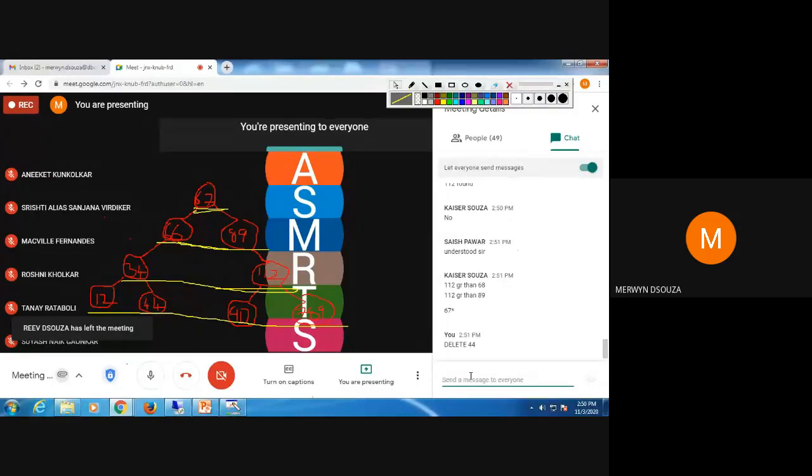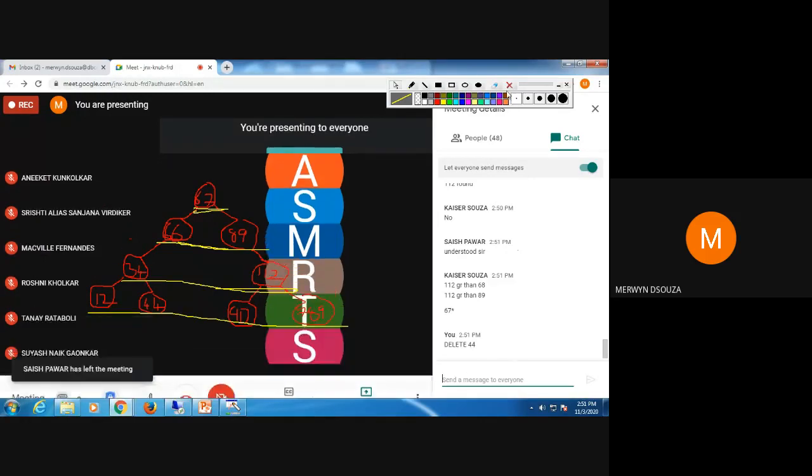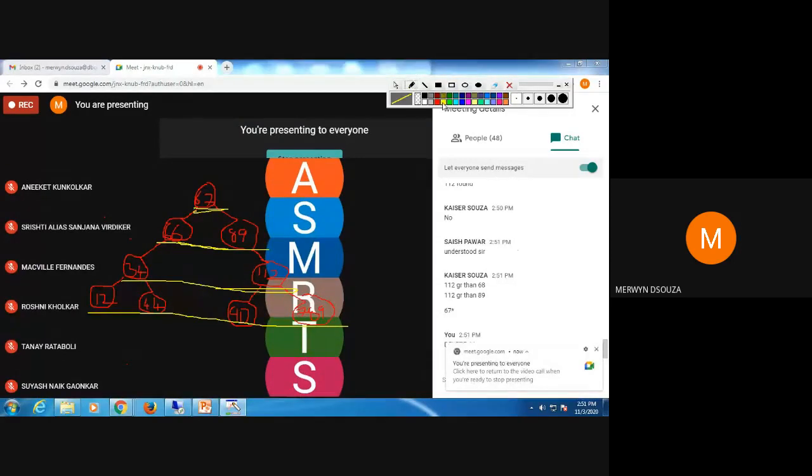When you're deleting 44, check which case it is, case A, case B or case C. So when you delete 44, case A will be true since 44 is a leaf node.